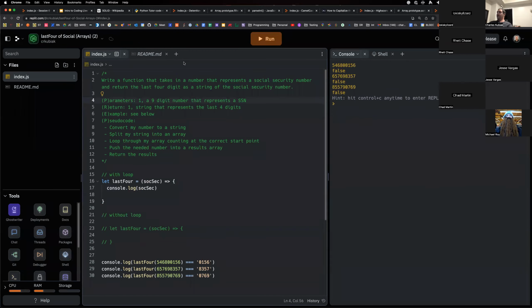And we are. And also go through the prep here real quick. So we have one parameter, which is a 9-digit number that represents a social security number. We need to return one string that represents the last 4 digits, right? And we have to use a string with this, because if we don't use a string, we would lose our